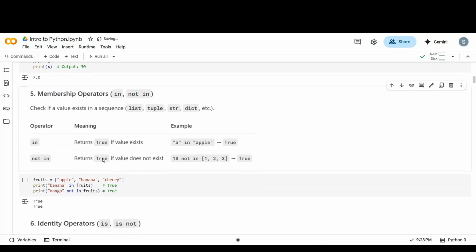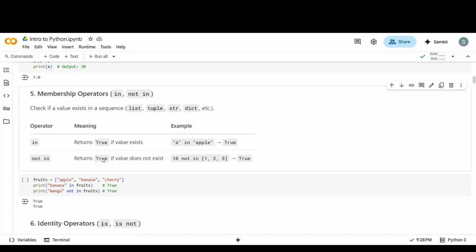We can move ahead with the next type of operator, which is the membership operator. So we have seen a few data types, which were list, tuple, and dictionary, right? And set as well. So in these types of data, we often have multiple values inside brackets. If you remember, a list has brackets, and inside the brackets you have multiple values, right? And to find a particular value, or to confirm that a value exists in that list, or maybe in a tuple,